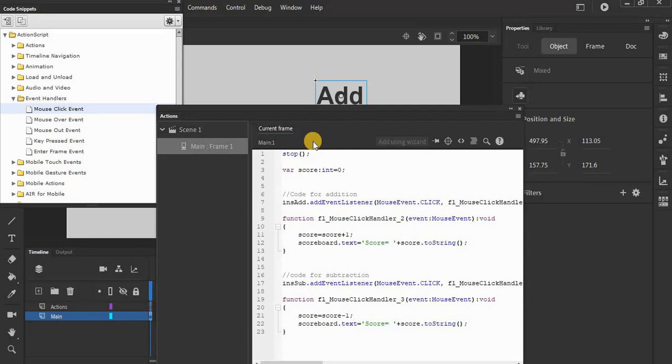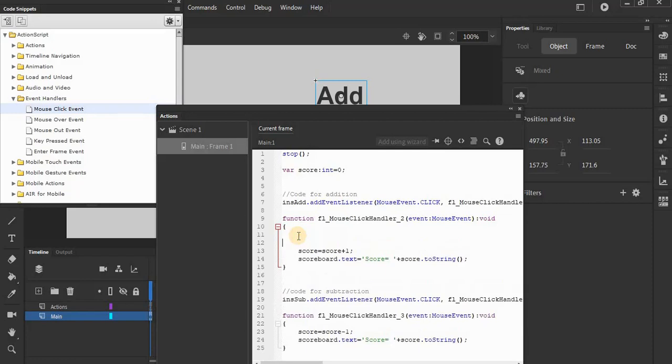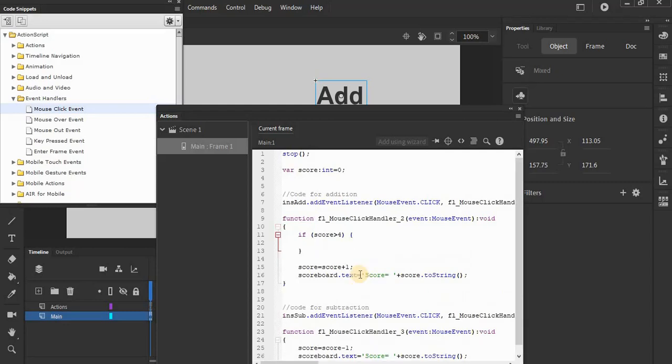Now, but this is not the case. Sometimes we have to have some conditions going on. For that we can use if conditions. For example, if a score is greater than 4, that means we have 5. So we can have parenthesis. If a score is greater than 4, then we can use trace. Trace will give you,